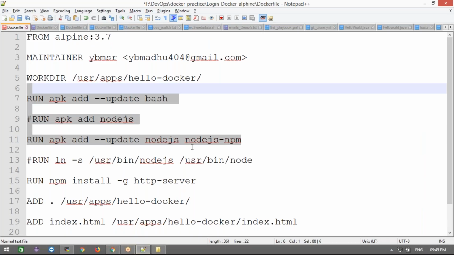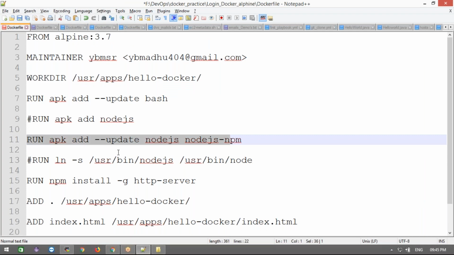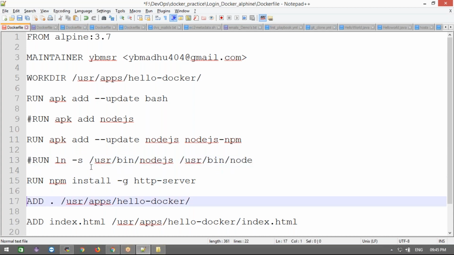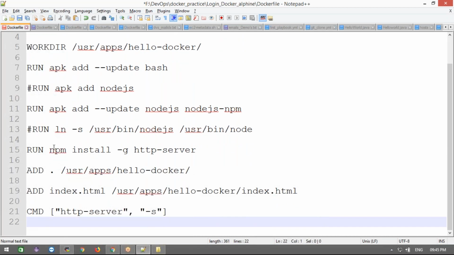Now next, this line is clear, right? And next, if you want to make it executable, I didn't put it. This is ln for what? Soft link. ln -s means soft link, when we were discussing the commands, right, that time. But this is not required as of now. I made it a comment here. It's not required.